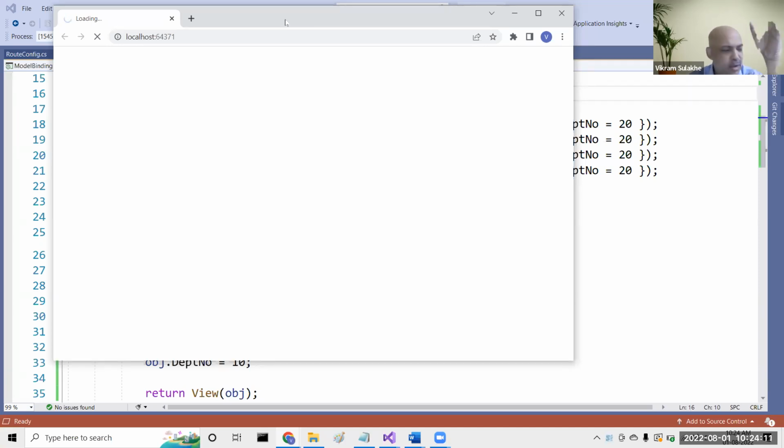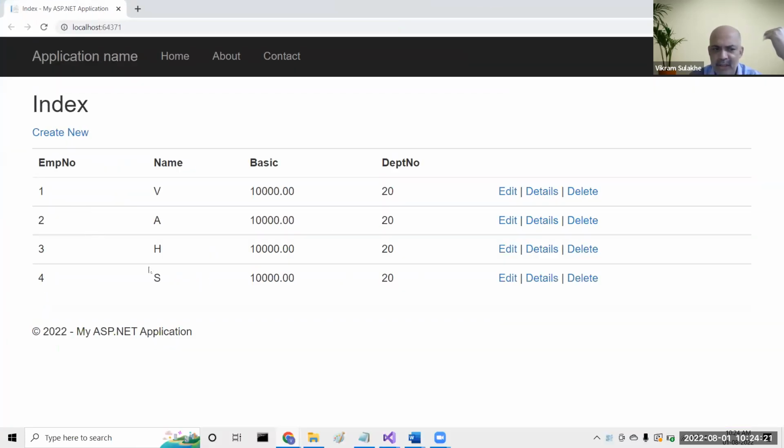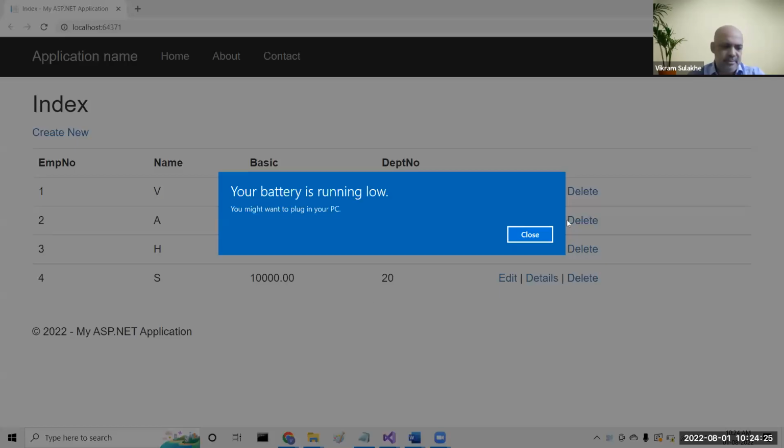So by default, it's taking you to employees/index. And those 3-4 records that you're given here, those should be shown. Whatever. 4 records being shown. Each of the records